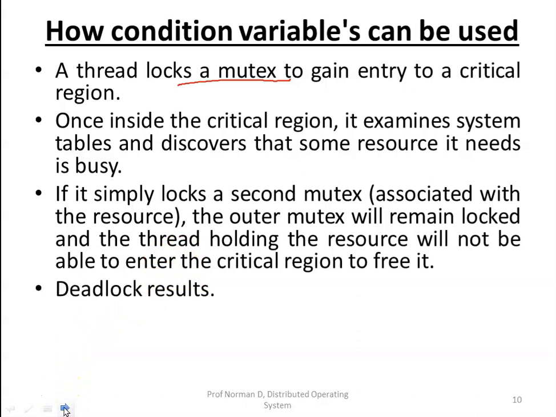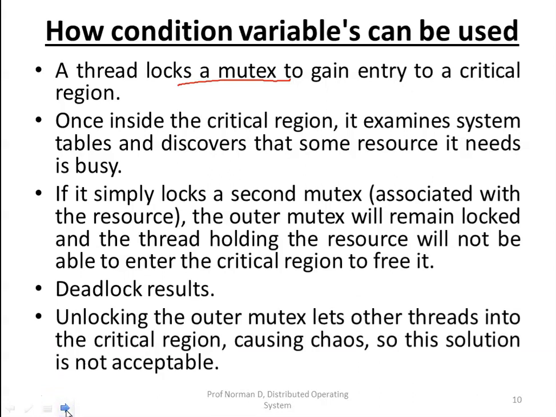So in this case, a deadlock will result. Unlocking the outer mutex lets the other threads into the critical region, which will obviously create chaos. So this solution is not at all acceptable.